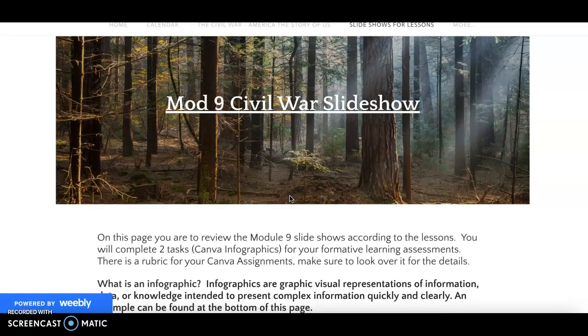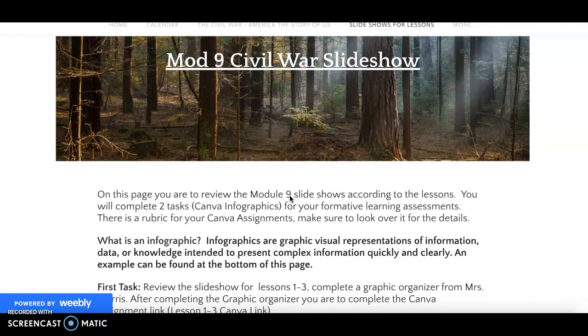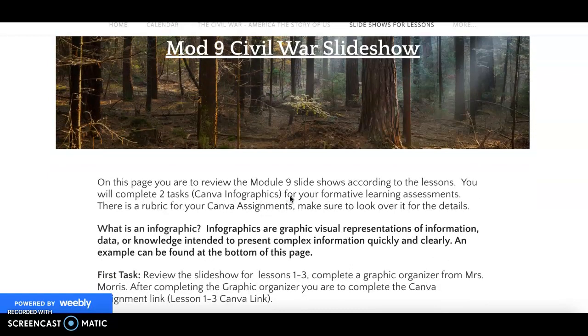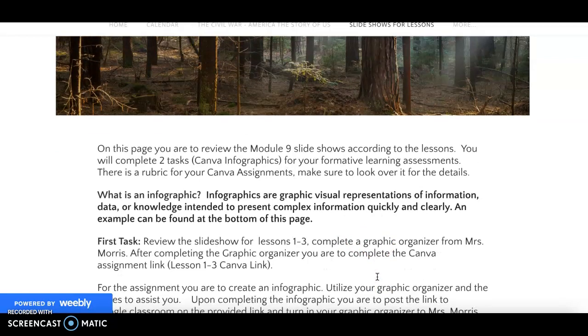This is a pretty self-explanatory piece right here. Once you have looked at the lesson 1 through 3 slideshow, you need to complete the graphic organizer that I have sent you on Google Classroom. After completing that graphic organizer, you're going to go to Canva and you will complete the assignment that is there